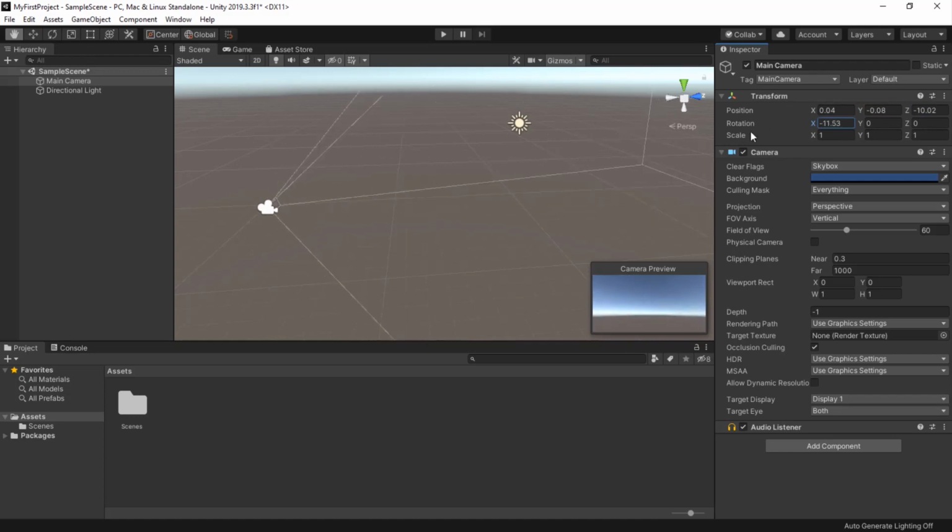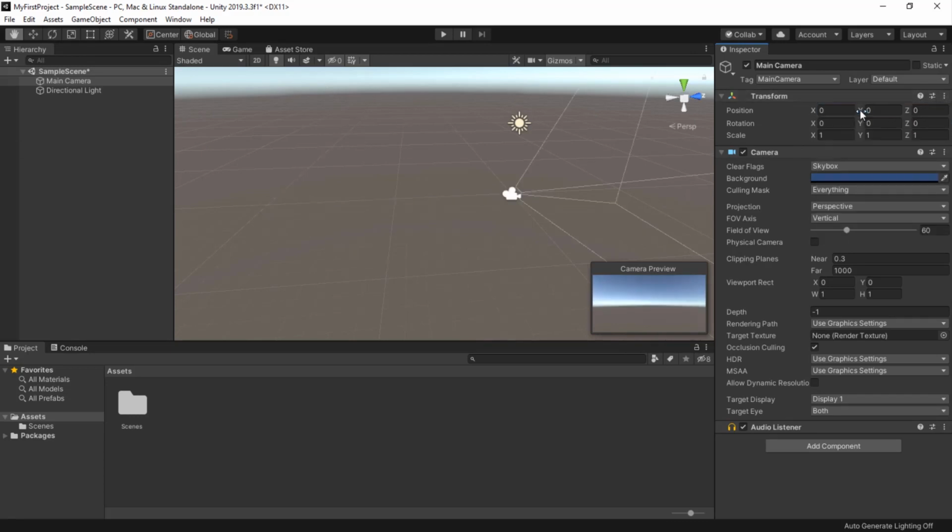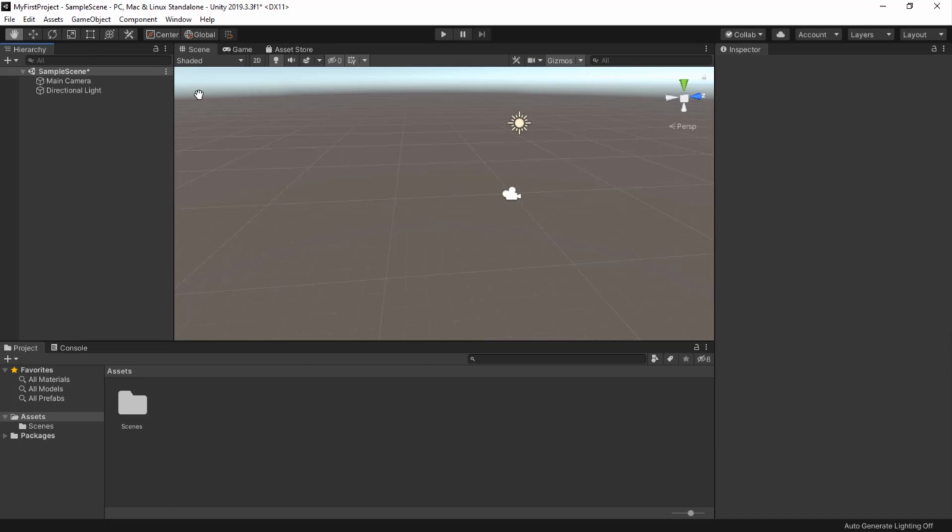You can easily rotate an object by clicking and dragging your mouse over the appropriate field. For example, you could rotate the camera in the X, Y, and Z axis. If you ever need to reset the values you've changed, you can simply click on the reset button. This is a great way to reset all of your component's values and start fresh. I'm going to deselect the camera just to clear the Inspector panel. So that's the basic purpose of these panels here. But the default interface arrangement, which you see, refers to the arrangement of those panels within the interface.